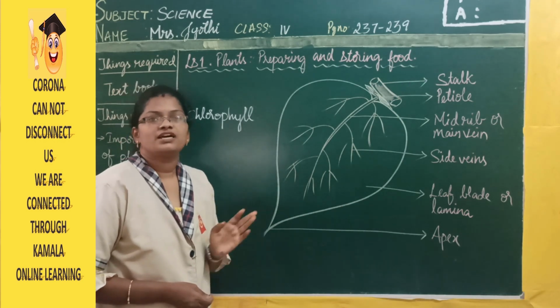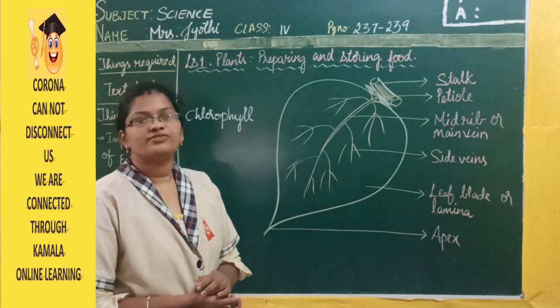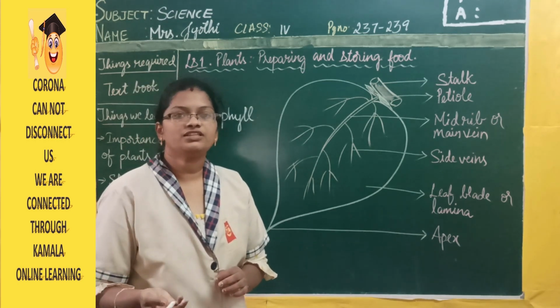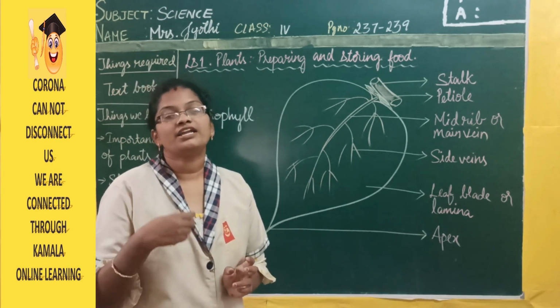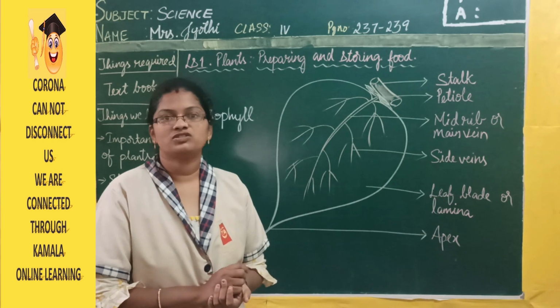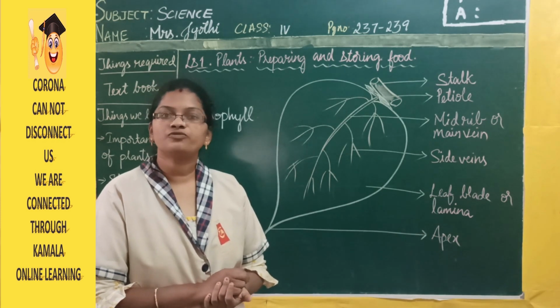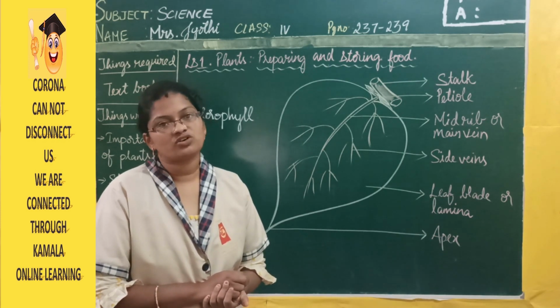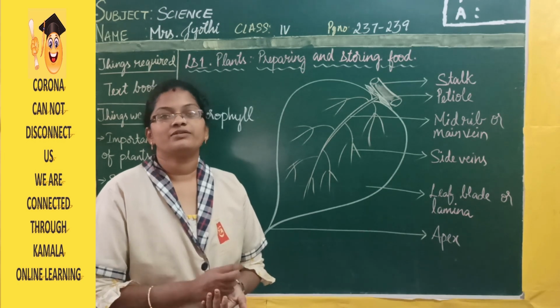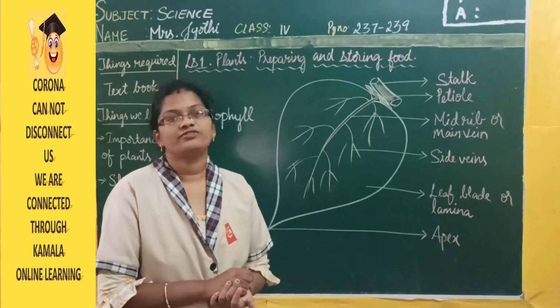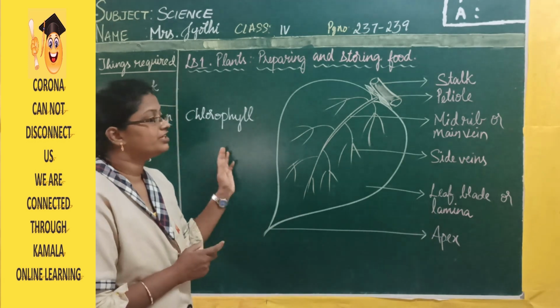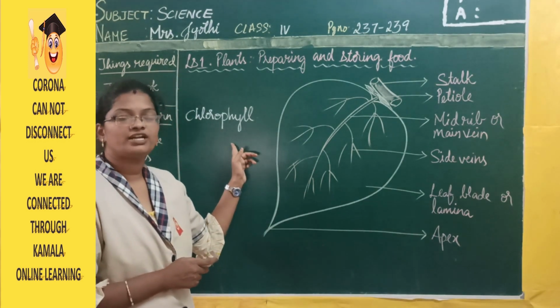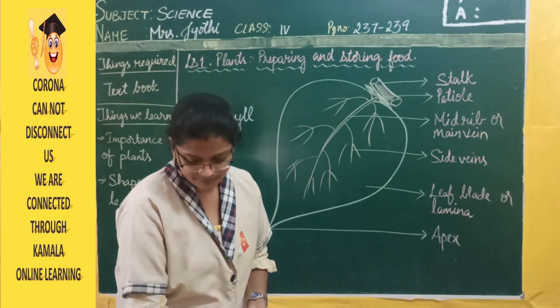And these plants are very useful to us. Why? Because all the living things except plants are dependent on the plants only, because they provide us food and they give us oxygen also, isn't it? So that's why plants are very important for us. And most of the plants look green in color because of the pigment called chlorophyll.